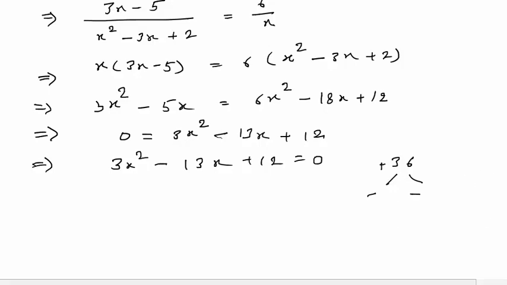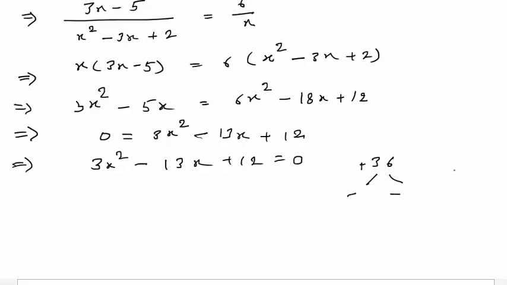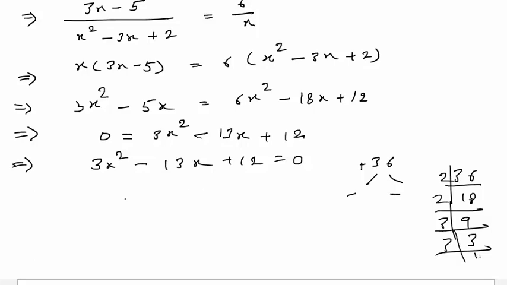So when we factorize this 36 with 2 I will start. So 18 with 2 I have 9, and then with 3 I have 3, and with 3 I have 1. So I have to arrange this 2, 2, 3 and 3 in such a way that their addition